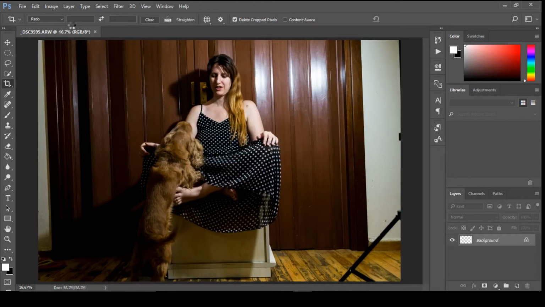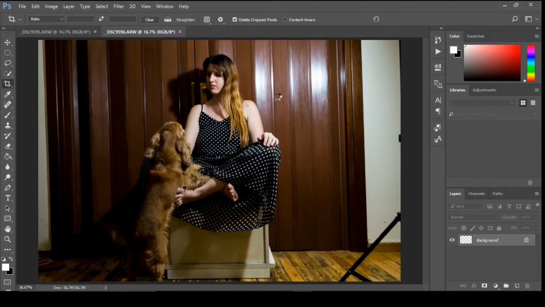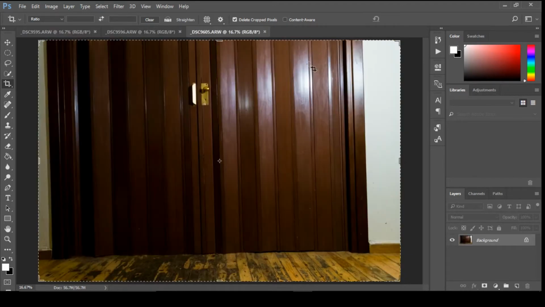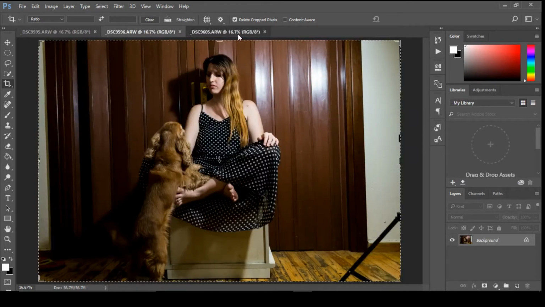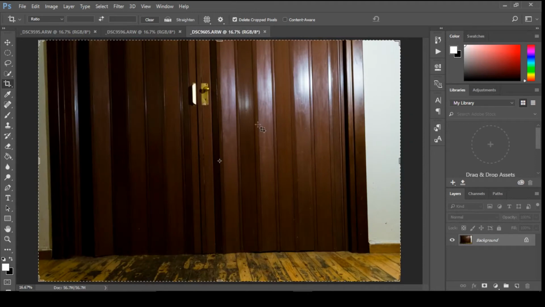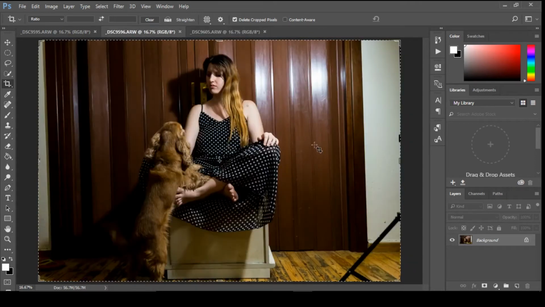Make notice that before you jump into Photoshop to create this effect, use a tripod to take the shots, make sure your background is the same, and you need 2 pictures, one with the background alone and one with your subject. As you see, you can see the tripod of my light here, but we don't care about this.